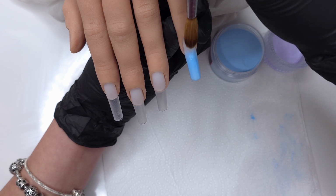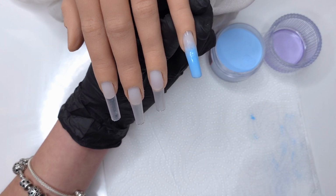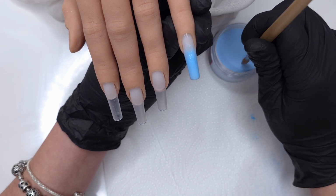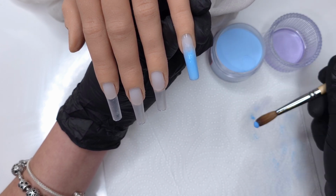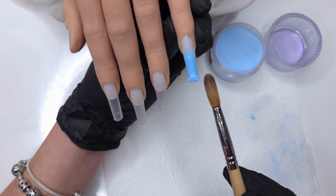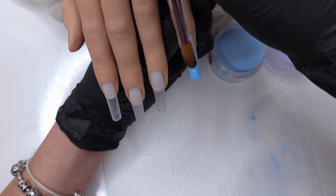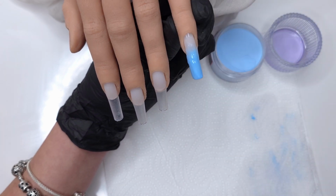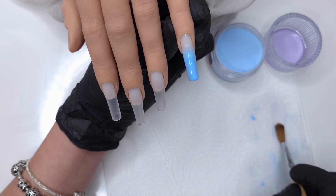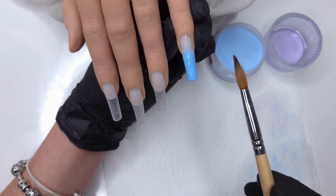So starting off, I'm working on the Red Iguana practice hand today. I have already applied my tips and a thin clear acrylic base so that we're going to come straight in with those Model Ones design powders or color powders. Now these are acrylic and dip powders, so I don't know if that affects the consistency of them, but I do find these a little bit trickier to work with than say my CJP acrylics or my Diamond